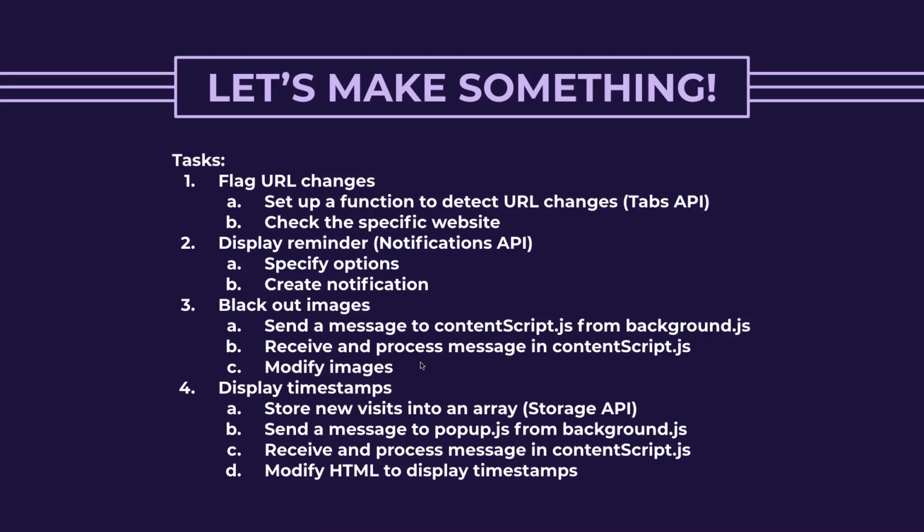So then we receive and process the message in content script, and then we proceed to modify the images. Finally, we want to display the timestamps in the little pop-ups that we have. So we're going to be using a storage API, also provided by Chrome, to do this. And what we're going to do is something similar to what we did right over here at